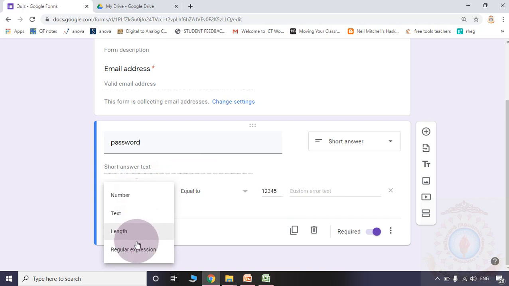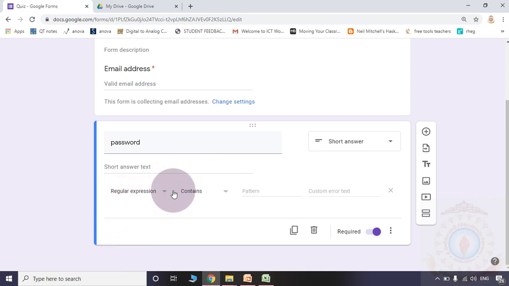Then instead of the number, you are supposed to use regular expression. Here you are supposed to select matches. Here you select a pattern like 1 2 3 4 5 6 7. I am just giving 7 numbers here. Please observe, in between those numbers I am using a symbol.